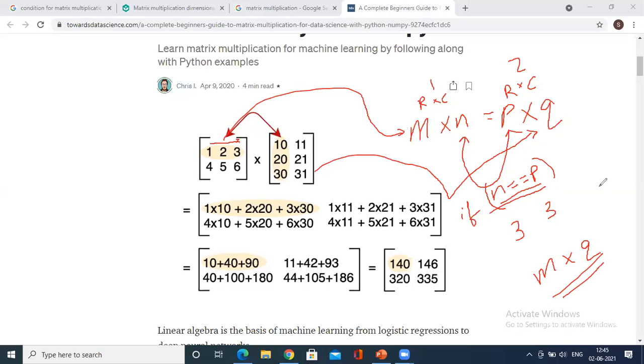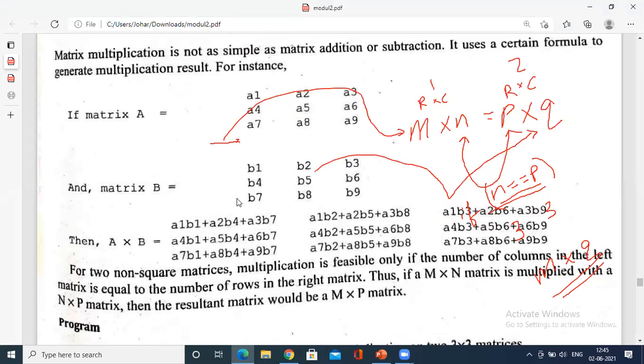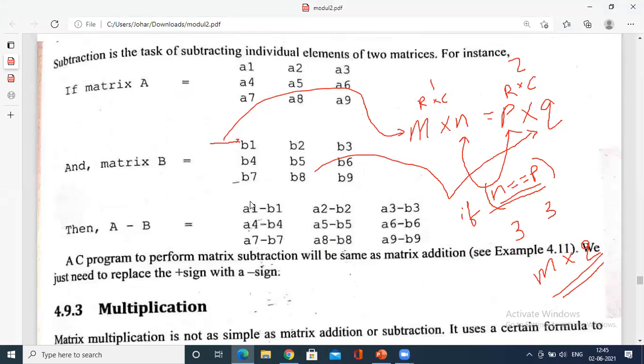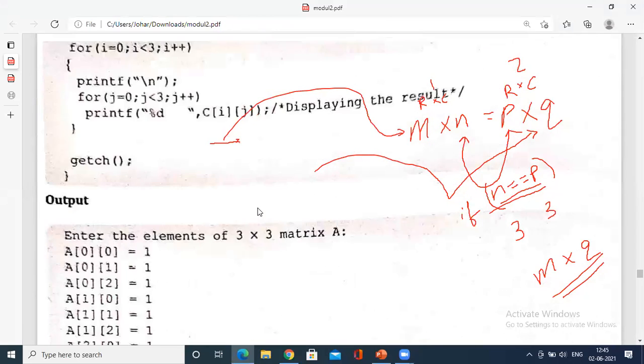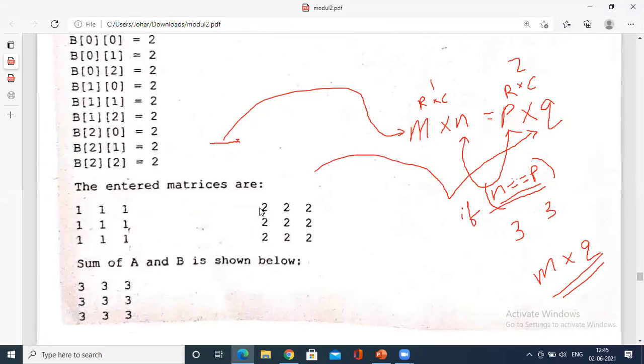Maybe you know this criteria from when you did programming in your first or second semester, but still it is my duty, and it is part of the syllabus that multiplication is strictly given. As you can see here, it is strictly given. So you would expect 100% a question or a program on matrix multiplication.